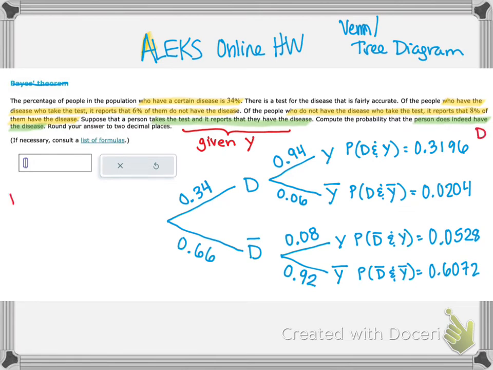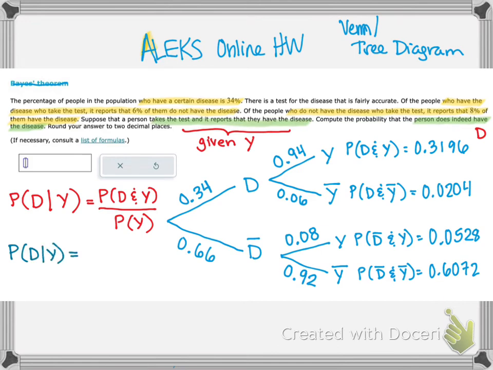So that would look like this: the probability they have the disease given they said yes. Based on our formula, in the numerator, they have the disease and the test said they did, but we have to divide by everyone who got a yes. So if we go back to our regular marker color, the probability that they have the disease given they got a yes would be line 1,